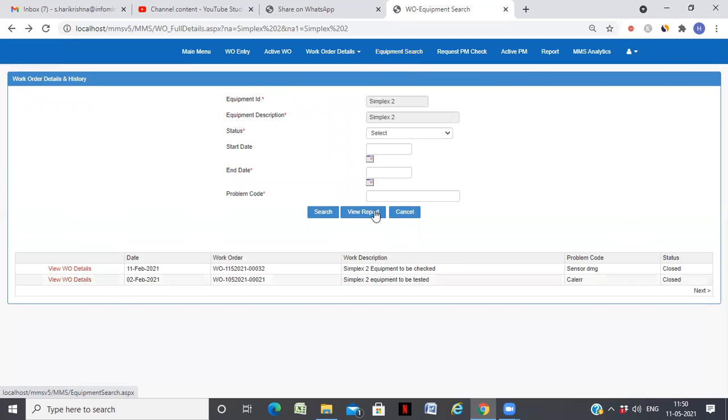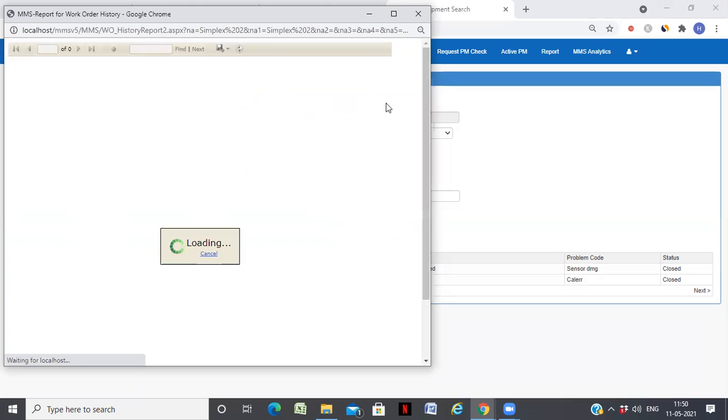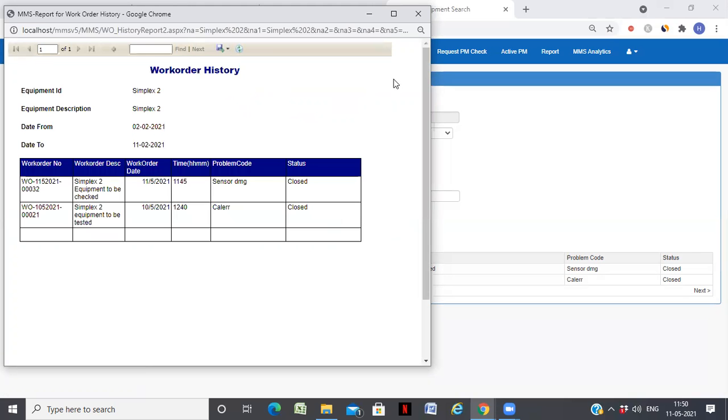And similarly, I can take a report for each job card, each equipment. So you can see that, right?